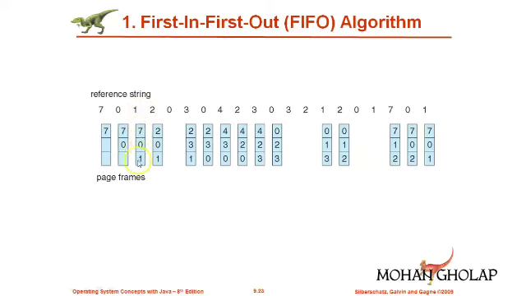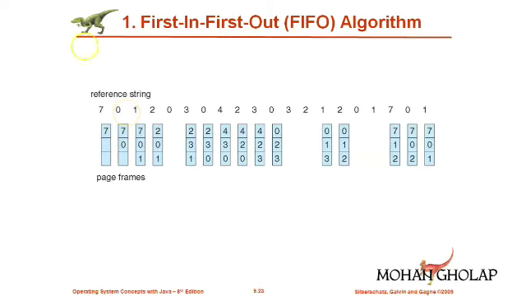Presently we are discussing the first in first out algorithm. Here presently we have 3 pages, that is 7, 0, 1, and you have to search for the frame which was inserted first compared to the other two. As per the example, we know that 7 is inserted first before 0 and 1, so that's why we have to replace 7 to create a space here. So that is what we do here. This 7 is temporarily moved to the secondary storage, so as to create a space for the new page, that is 2 here.